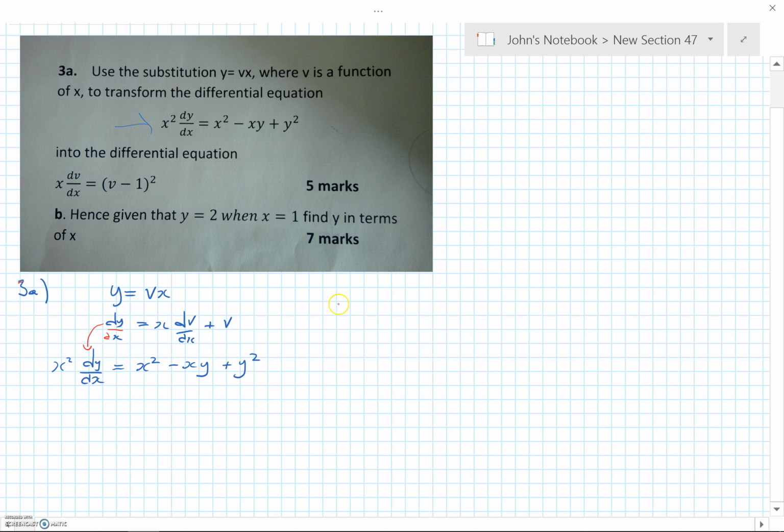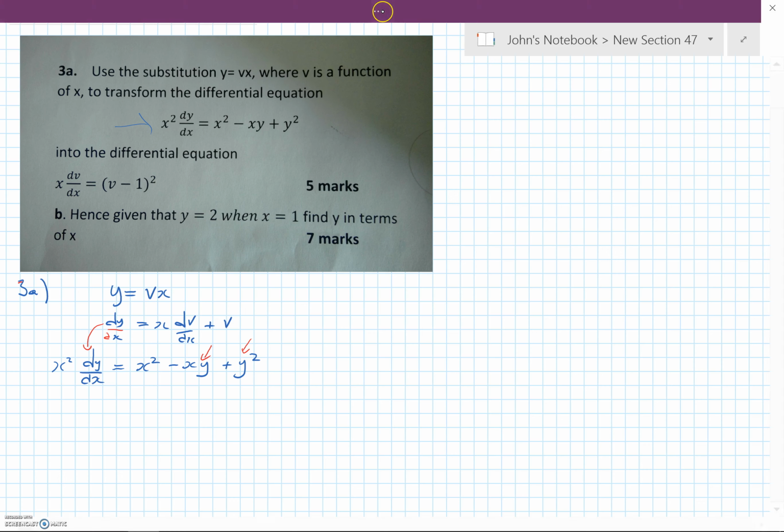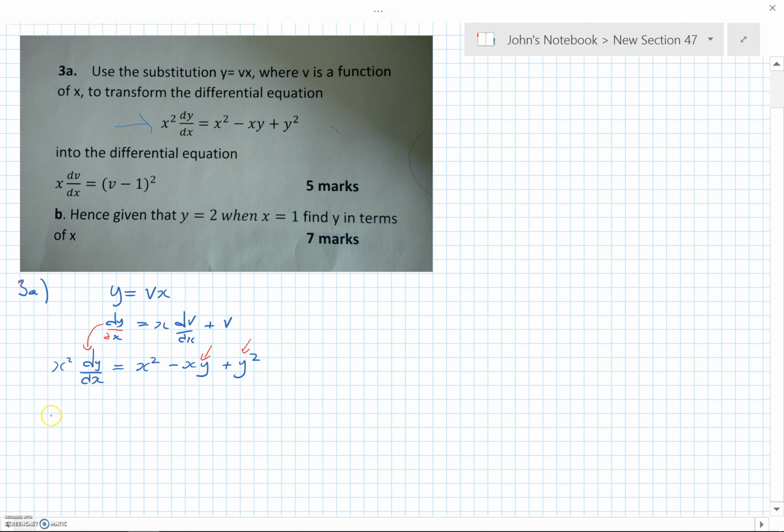So as I say, we're going to put this expression into there. I also note that our final equation eliminates y, kind of swaps out y for v. So we're going to substitute y equals vx into the appropriate place here as well, into there and into there. That's just writing x squared dy by dx, which is this expression from above here. So we get x dv by dx plus v